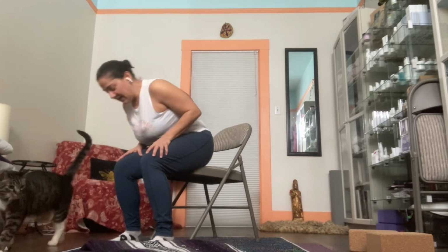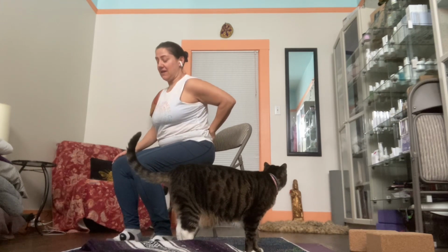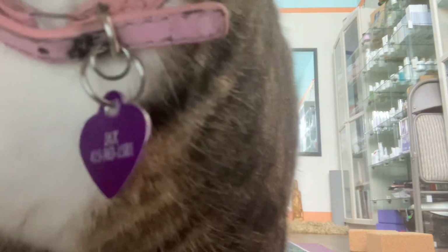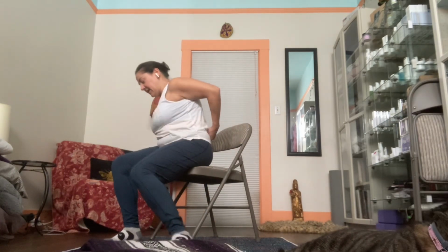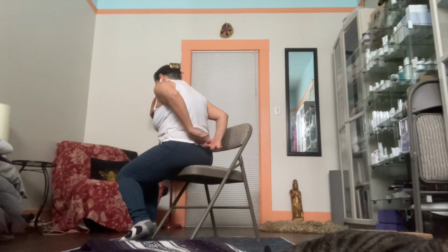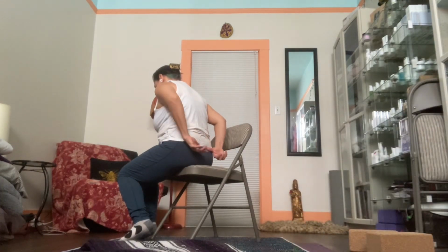So a lot of us have, especially as time goes on, lower back pain. Sometimes it can evolve into sciatica, which can be pain that runs down the legs. Nerve pain, shooting pains, tingling, numbness. And this is because in the spine, the sciatic nerve runs out of the vertebra, comes out of the vertebra